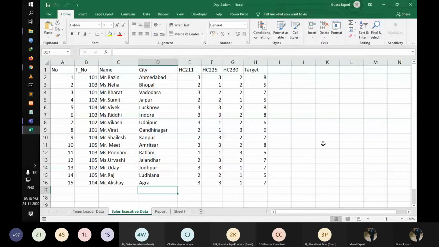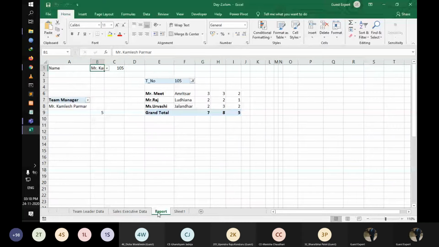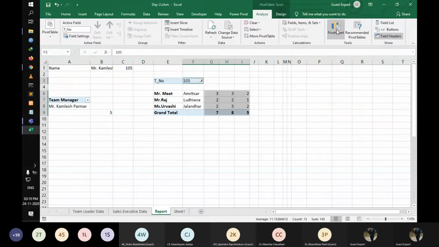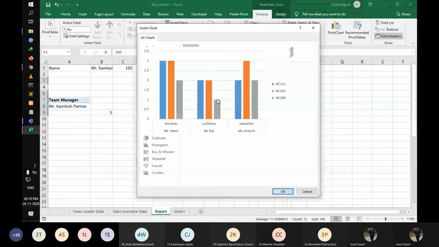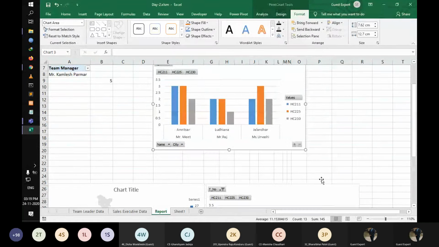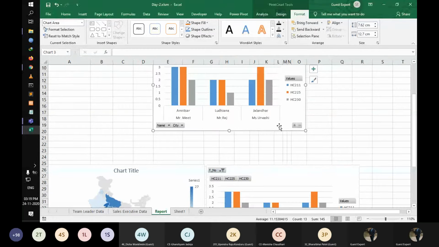Does anyone have doubts right now about these things? Okay, and what we need is that when we select any person, we already have that chart.